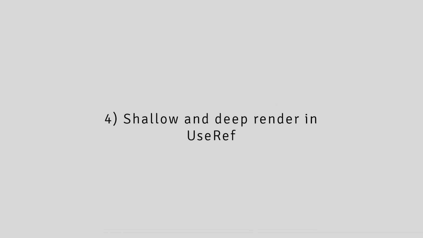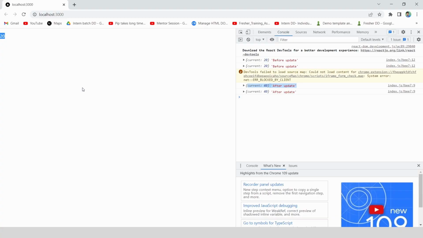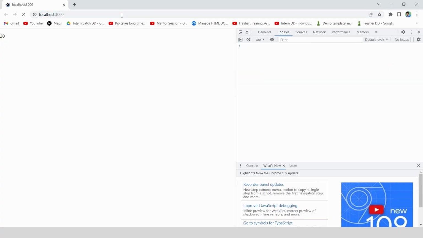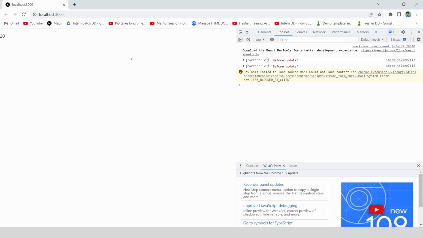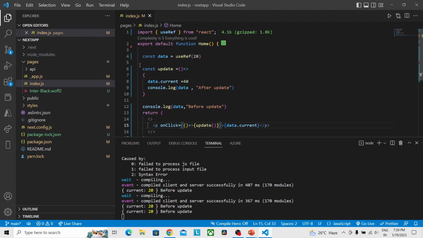Next, I'm going to explain about shallow and deep rendering in useRef. So I'm going to refresh. We already saw the shallow re-rendering. If we click the 20 value, the value has been updated here, but it is not re-rendered. This is known as shallow re-rendering. In deep rendering, the value is re-rendered in the component itself. To achieve the deep re-rendering, I am going to get the